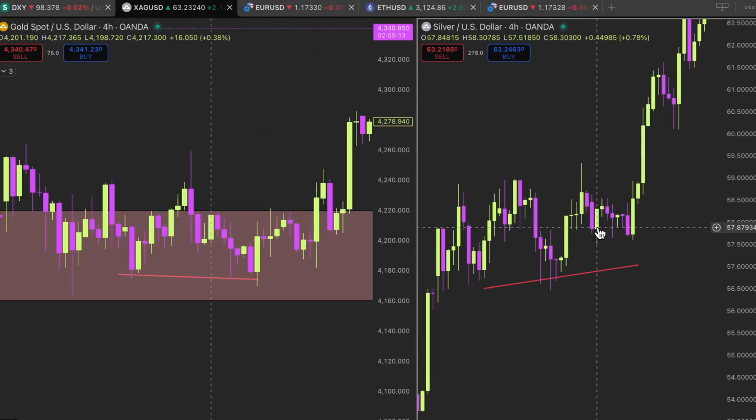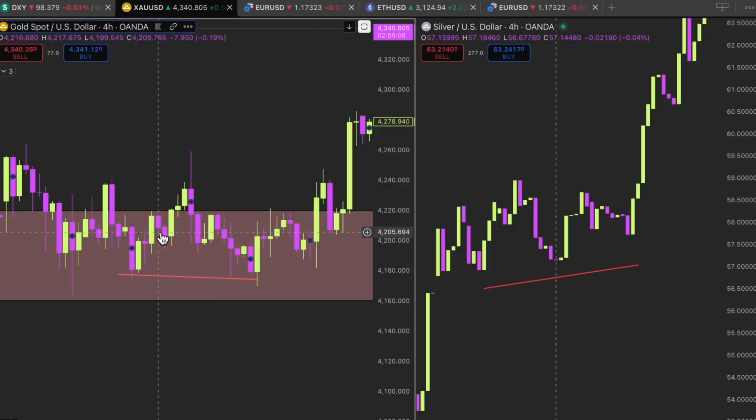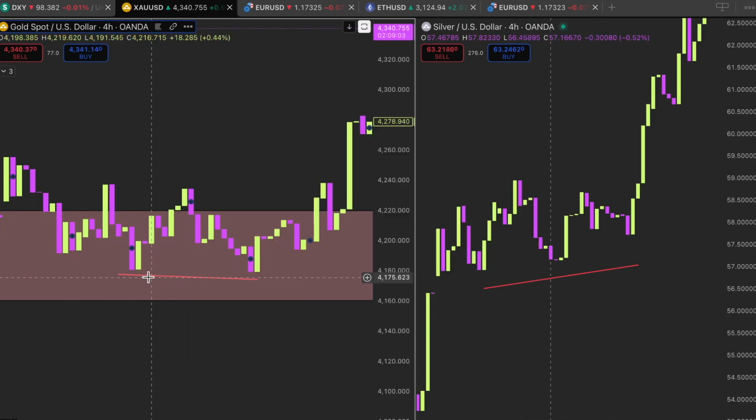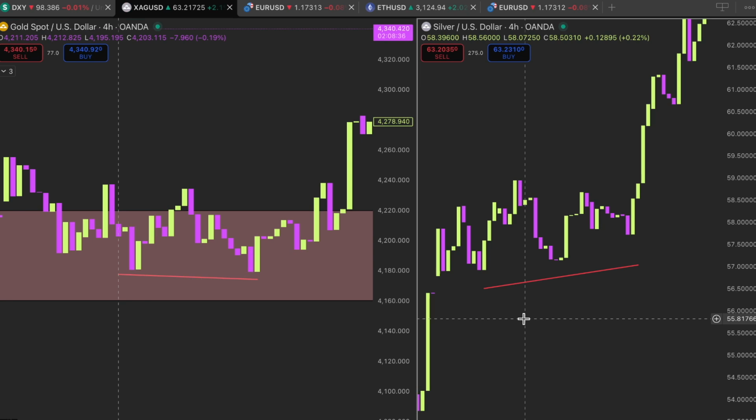And what does hidden mean? I've explained that before. It means an SMT with the bodies, so without the wicks. If you take out the wicks and look only at the bodies, then you see that compared to previous week's low, we made a lower low this week on gold, whereas on silver we made a higher low. After that we also had a 4-hour PSP, and after that we've been trading higher, expanding massively.